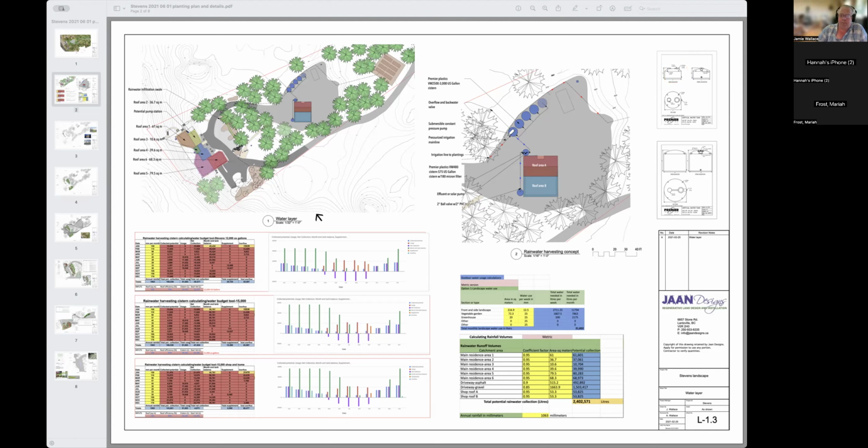And then it pumps over into this main storage system. And then this storage system is where we pump from and send it off into the landscape. Now, there's a couple of things we do here. We also would have makeup water. So if we ran out of rainwater, we could start filling it with the community water